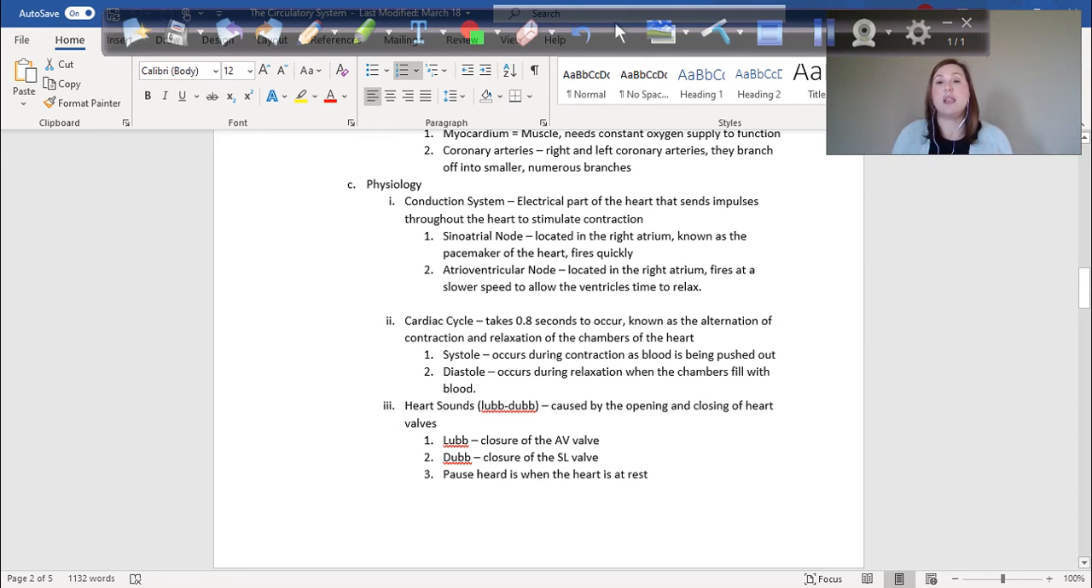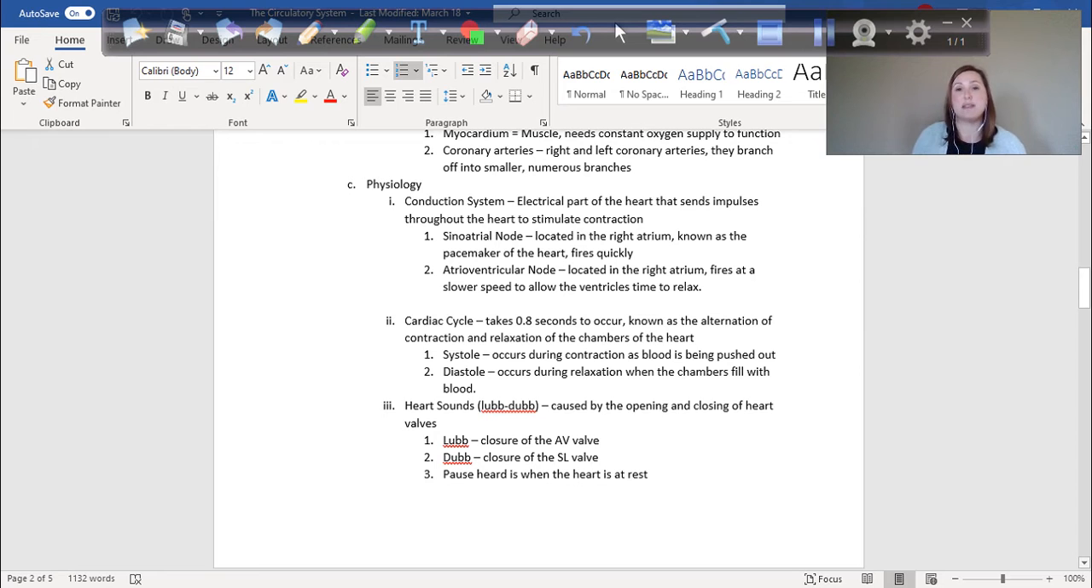Diastole, that's the relaxation of the heart. That's the chambers when they fill with blood. That's more part of the heartbeat, but it's relative when we talk about blood pressure as well. So when we talk about how that cardiac cycle happens and how our heart makes a sound when it beats,